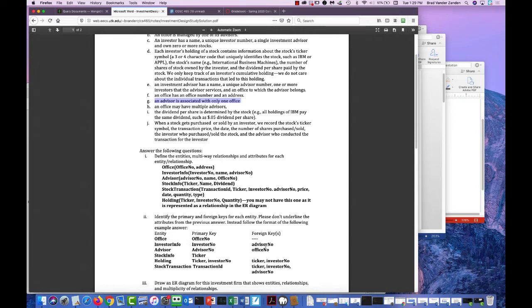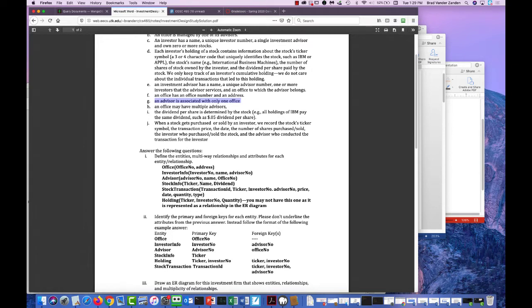Okay, so we've knocked off these 2. It looks like we have 2 more left to go. Okay, so we start with holding. That is, the 2 foreign keys are ticker and investor number, and it said investors holding of a stock. It certainly looks like a binary relationship between an investor and a stock. So we'll say holds